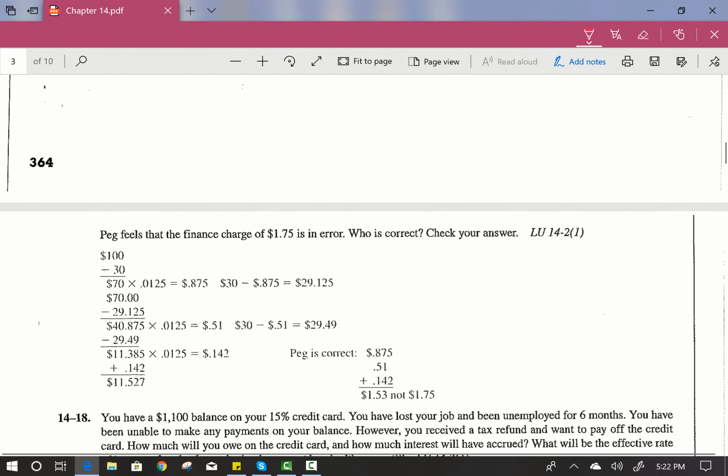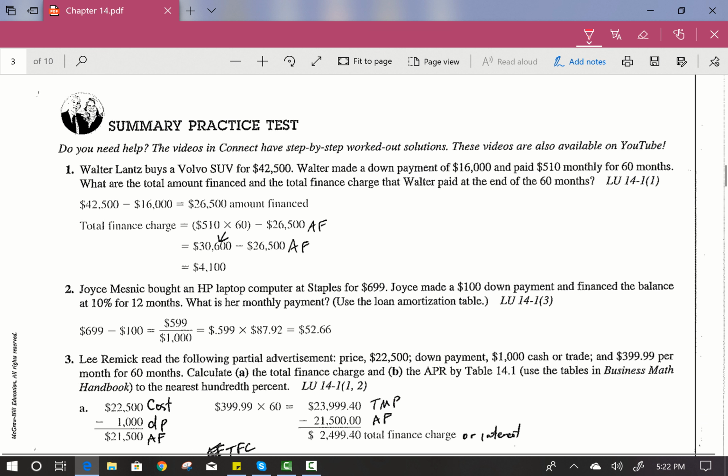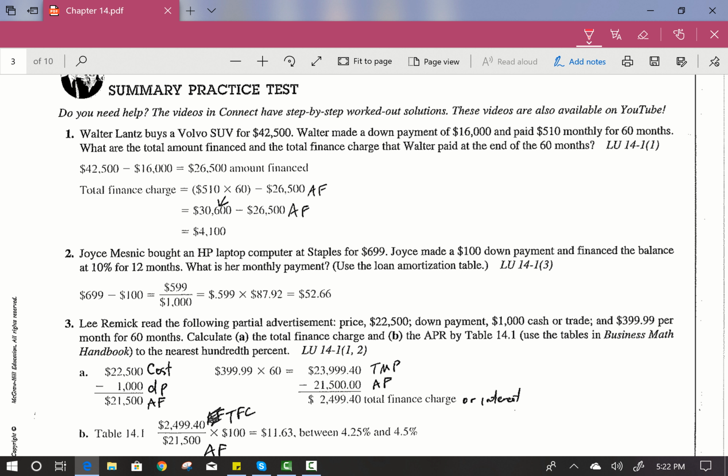Let's look at the end of chapter summary. Walter Lance buys a Volvo SUV for $42,000. He made a down payment of $16,000 and paid $510 monthly for 60 months. What are the total amount financed and the total finance charge that Walter paid at the end of the 60 months? Okay, so we took the total cost of $42,500 and subtracted the down payment to give us the amount financed of